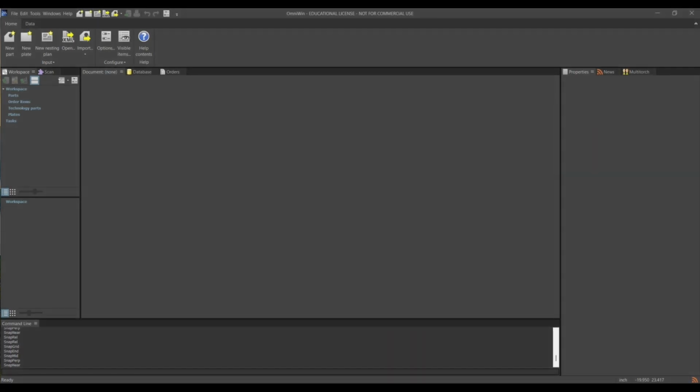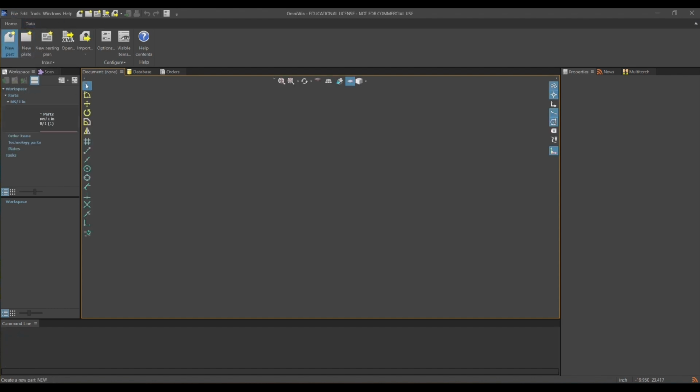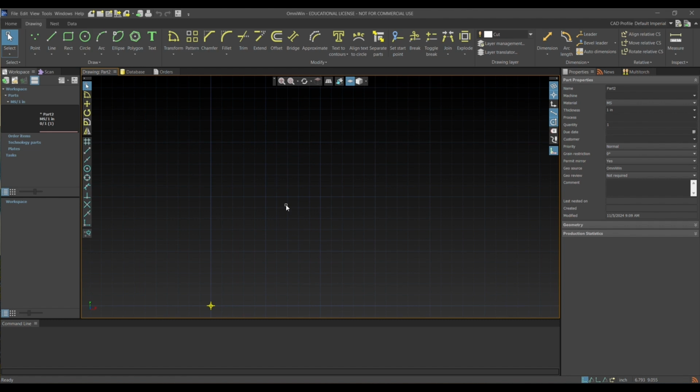In this chapter, we will cover drawing and snap tools. In ribbon mode, under File, select New Part. You can also select the icon of New Part in the toolbar. This will bring up the drawing space in the Documents window. Once you are ready to draw your part, in the menu bar, go to Drawing, or simply click the right